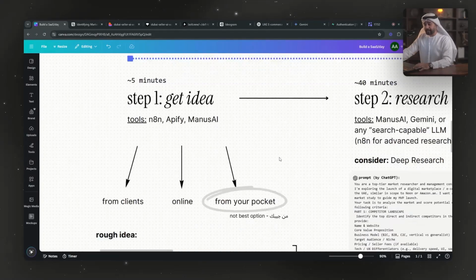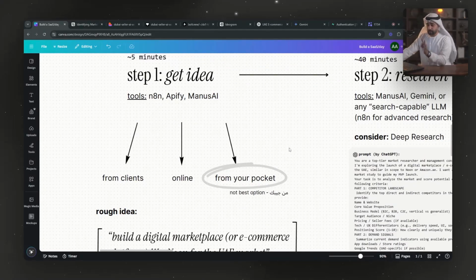So step number one is get idea. To get an idea, you have three ways to do that. You either listen to your clients, what problems they have, what repetitive tasks they keep on complaining about, what things are they telling you, I don't have time for this, creating content takes too much time, for example, and so on. You can look online, look at YouTube videos, look at the comments below this video, look at below other videos, look at forums, look at Reddit, look at keyword research on Google's keyword planner, look at all these tools, and you're going to see a certain pattern of what people are searching for, what they keep on asking, what they are complaining about, and you're going to get an idea to build out.